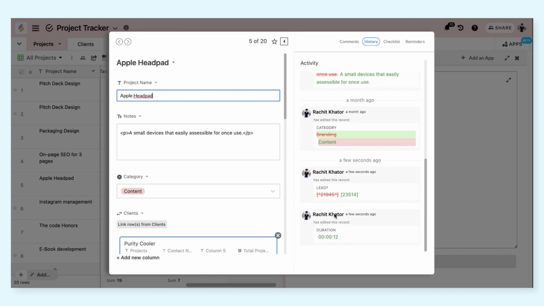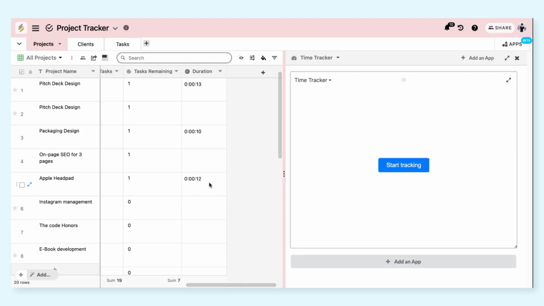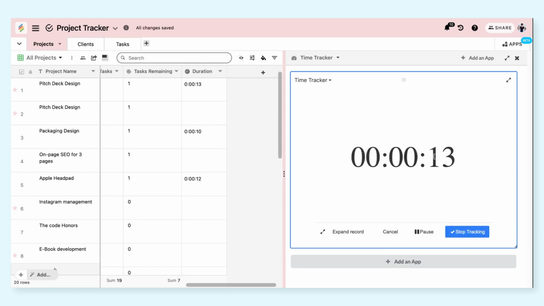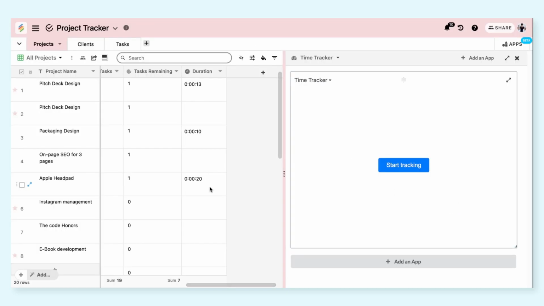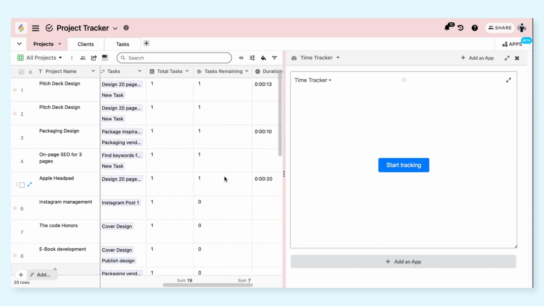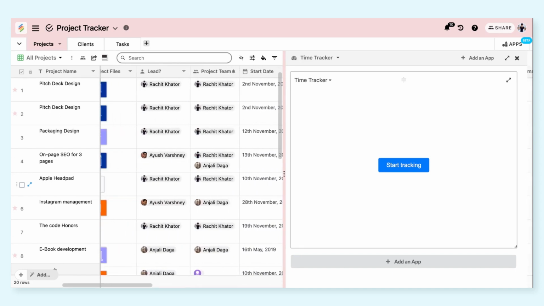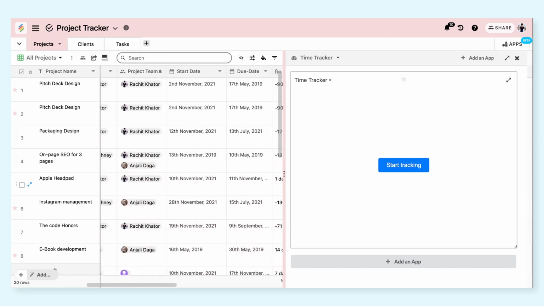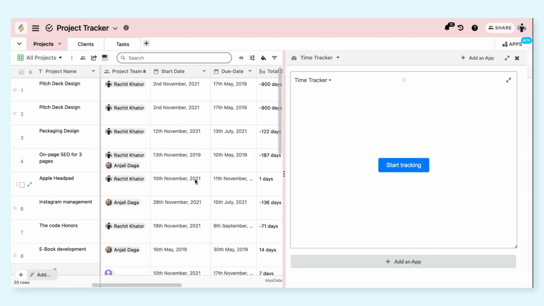As soon as you stop tracking, you see that 12 seconds has been added to the duration column type right here. So if you want to start tracking again for Apple Headpad, it will start from the 12 seconds. And I stop tracking now. So this moved to 20 seconds. This is how you can time track within Stackby, and you will see that here in lead, Rachit Khator is automatically added in the lead column type,